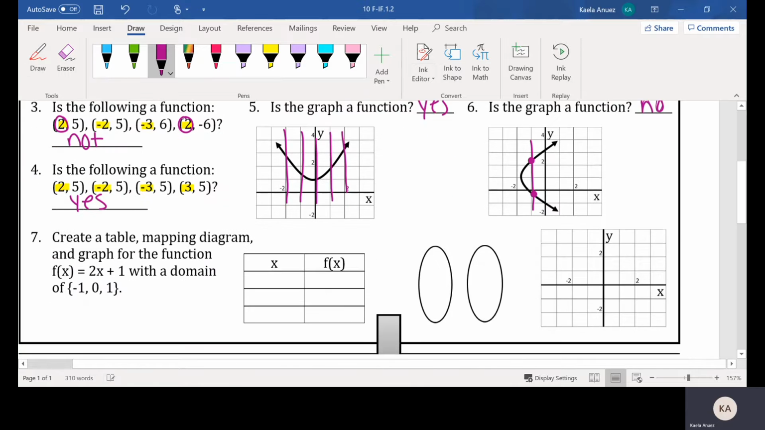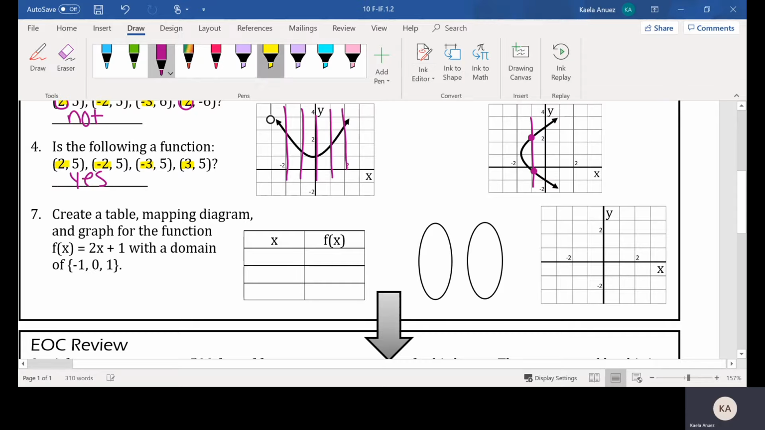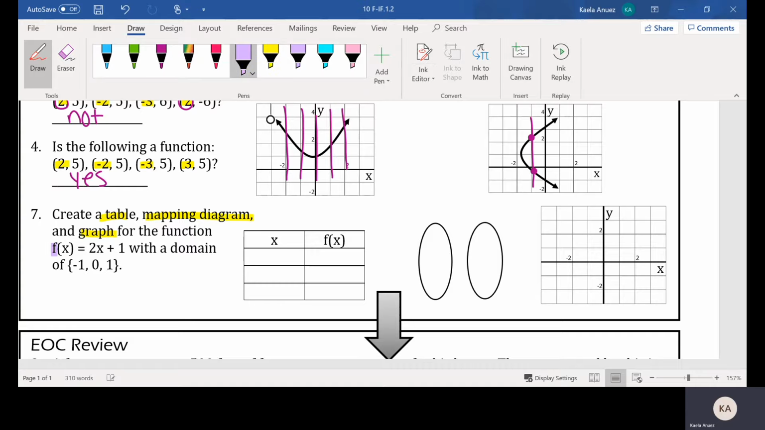Okay, number 7, create a table, mapping diagram and graph for the function f of x equals 2x plus 1 with domain values of -1, 0, and 1. So if we need to have a domain, we know domain deals with x, so our x values that are given to us should go on the x side of our table. So we're going to have a domain or an x value of -1, 0, and +1. We need to use the function f of x equals 2x plus 1. So I'm going to plug in these x values